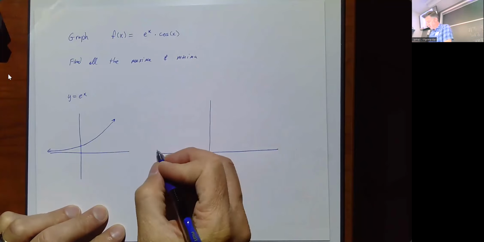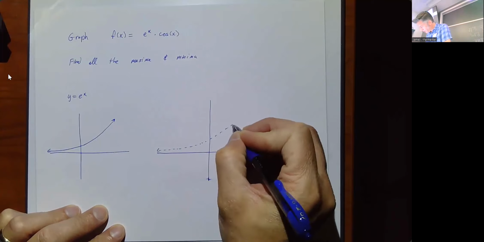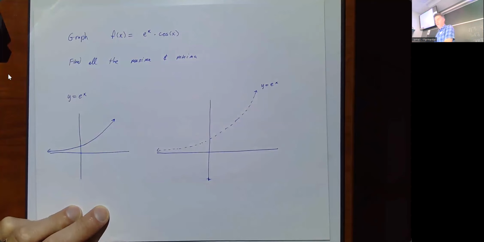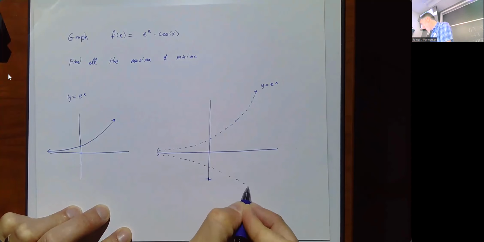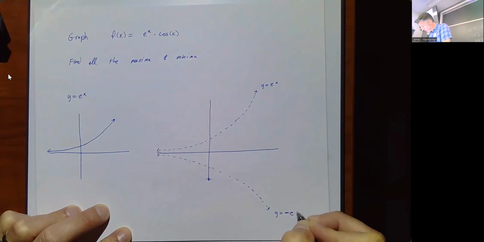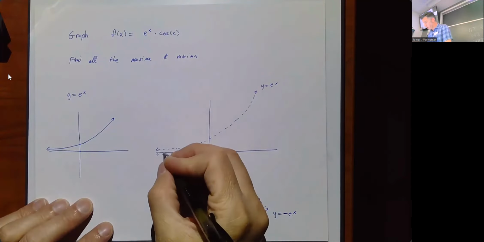So I'm going to draw some asymptotes like you've maybe never seen before. Here's one of the asymptotes, y equals e to the x. Here's my other asymptote, y equal to negative e to the x. And I'm just going to freehand this. I'm not trying to draw it really specifically right now, but I know that e to the x times cosine is just going to bounce back and forth between these two things. So when I draw this, it's going to look something like,